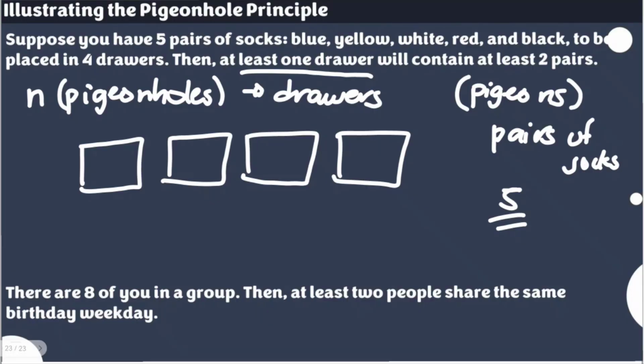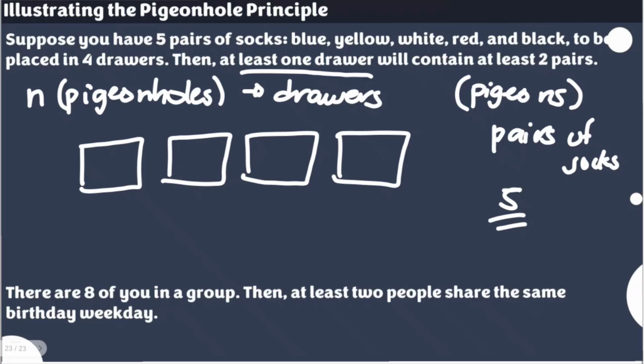Take note, there is no indication as to whether all drawers must be filled, or only 1 or only 2 or 3 of these drawers. It's just that we'll be filling these 4 drawers with these 5 pairs of socks, and it tells us that